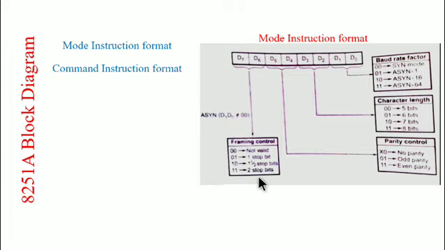That is, the instruction can be considered as four 2-bit fields. The first two-bit field, D1 D0, determines whether the USART operates in synchronous or asynchronous mode. The second 2-bit field determines the number of data bits in one character. The third 2-bit field, D5 D4, controls the parity generation, and the last field has two meanings depending on whether the operation is in synchronous or asynchronous mode.